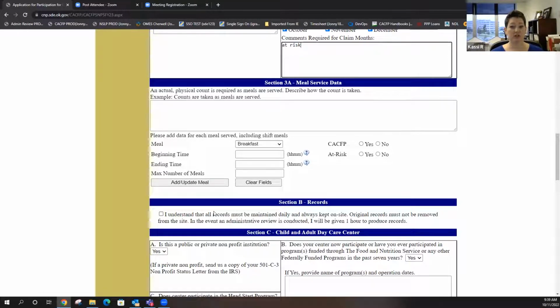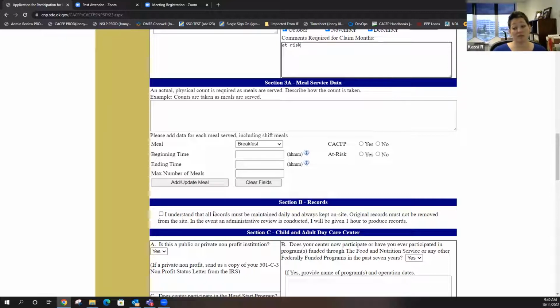And I think for a long time it was a misconception, or maybe someone somewhere at some point said it, that you could only have 30-minute meal times. I know when I operated as a sponsor, I was under the assumption that your meal times could only be 30 minutes long, and that's not true. It might have been a rule of thumb for the state of Oklahoma, but I know it's not now. There is no regulation that states any length of time that a meal has to be or can't be. It's just got to be reasonable. So if you want a meal time that lasts an hour, just make it an hour.